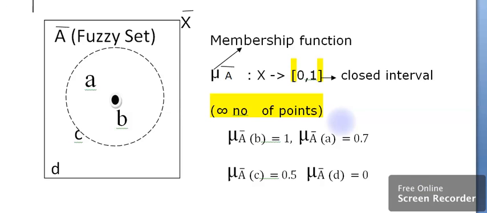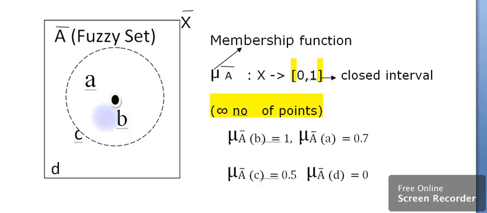So now in this session we are going to see membership function. If it is an ordinary crisp set, it is called a chi value, but in case of a fuzzy set, it is called a membership value, right? So consider a universal set X bar, which consists of a fuzzy set A bar. This fuzzy set consists of 4 elements, namely element A, element B, element C and D.